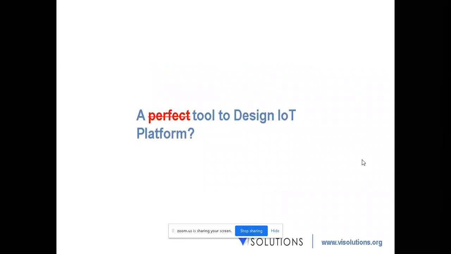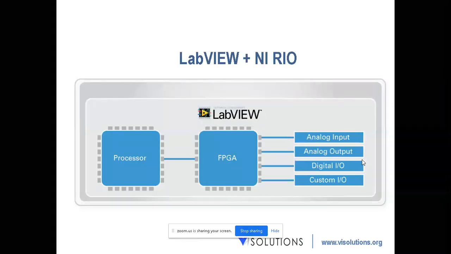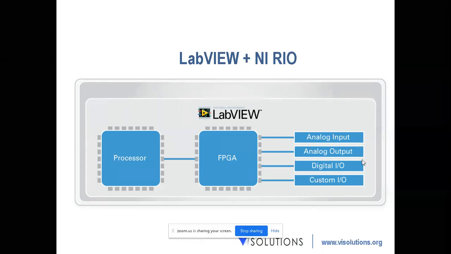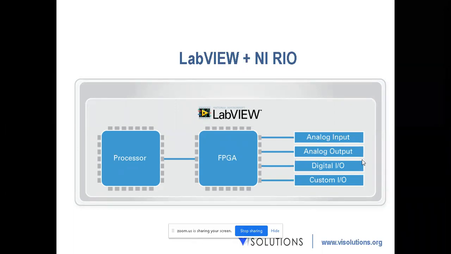So what tool does NI offer? It's not a perfect tool, of course, but it's one of the tools available in the NI portfolio. So processor, FPGA, and IOs are all programmed by one and only software, LabVIEW. You don't need to learn any other extra program to access your processor or your FPGA, through which we will be accessing analog input, analog output, digital input, digital output, or sometimes custom and specialty IOs. CAN module, CAN data, or let's say you're going to acquire LIN, FlexRay. Plenty of data is available.